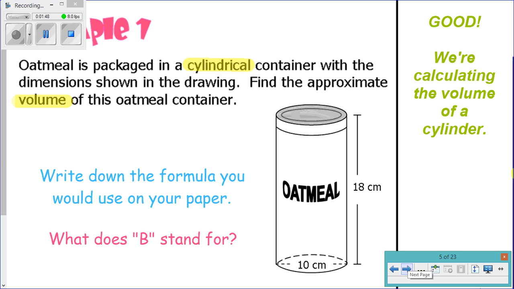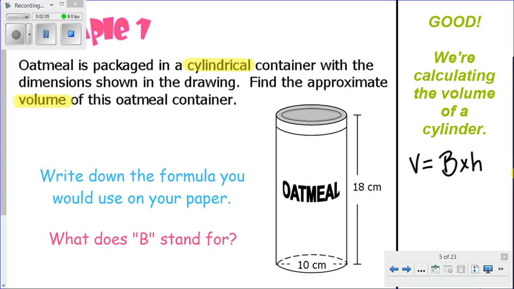So the next thing is you want to write down the formula that you would use on your paper for this actual cylinder. Now, how do we find the volume of a cylinder? I'm going to write the formula right here to the right to make sure you're ready. Volume equals big B times H. And the question that we have here is, what does that big B stand for? This big B is the area